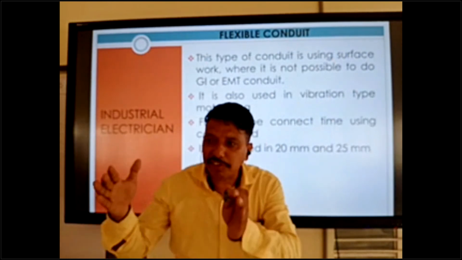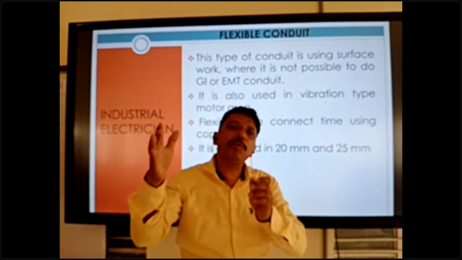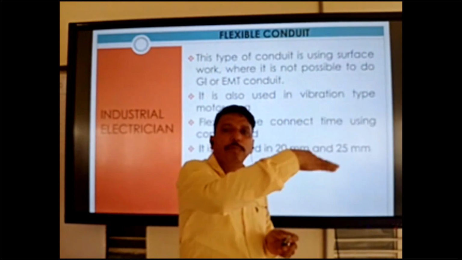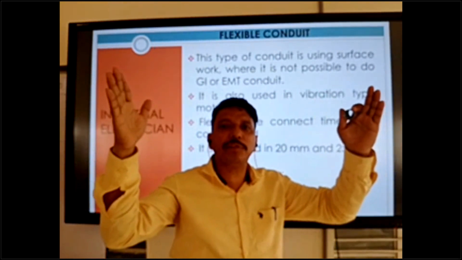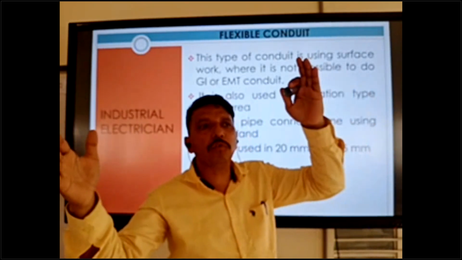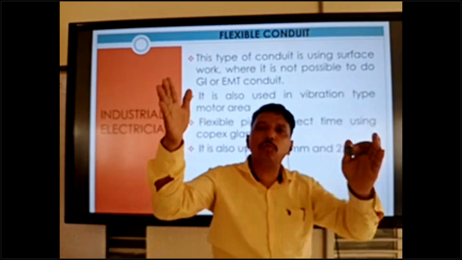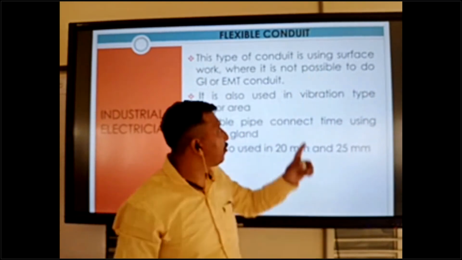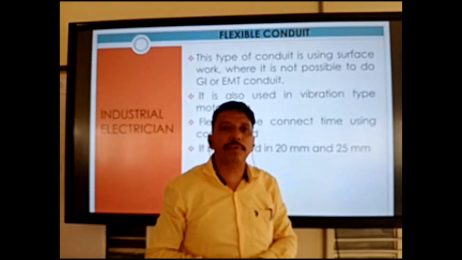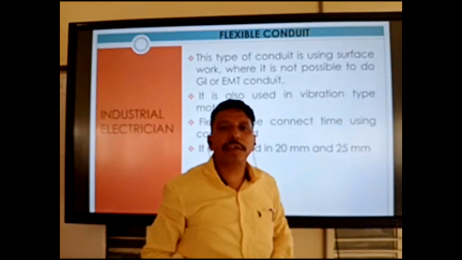But in the last step, when your conduit is installed up to the motor and there are 2 or 3 meters remaining between the motor and your conduit, at that time you can use flexible type PVC, not making everything flexible.